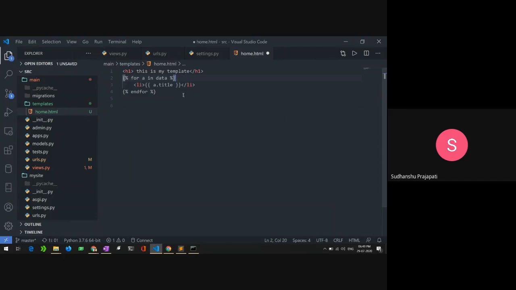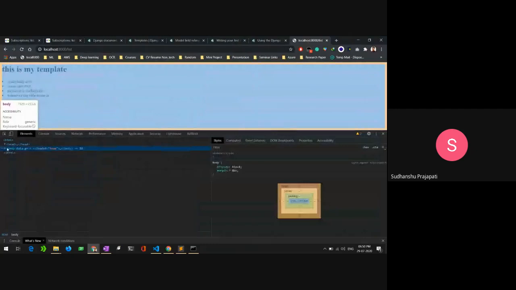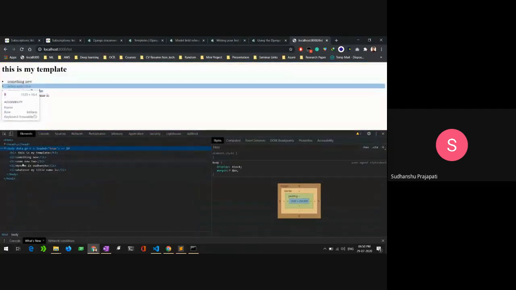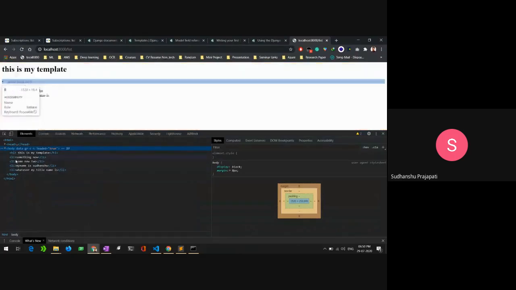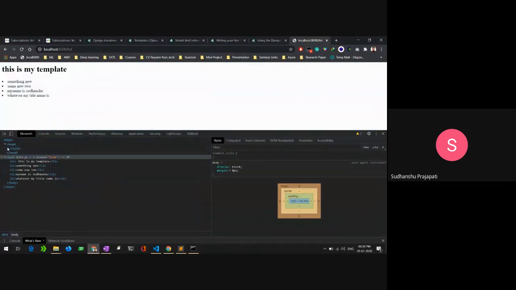Or if I want something not to be shown if the user is not authenticated, we can also do it here. And I can show you how it is rendering by using the inspect. It is just like actual HTML, nothing Python code here. It is rendering totally fine like an actual HTML file, and you can see it here.